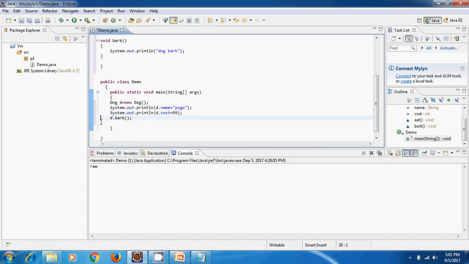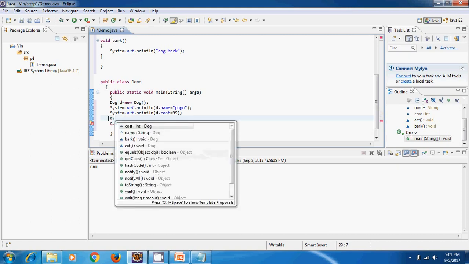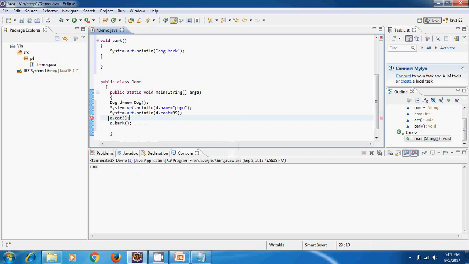Wait, you don't have to write this, we can simply call it, because System.out is already there, so d.eat().